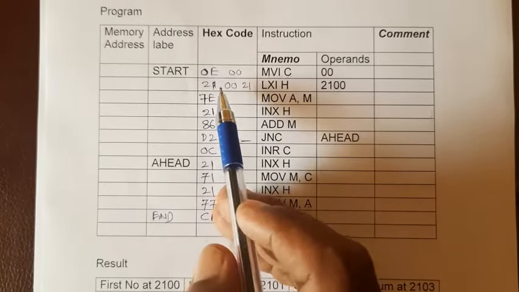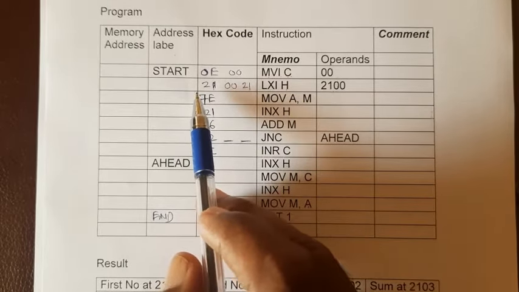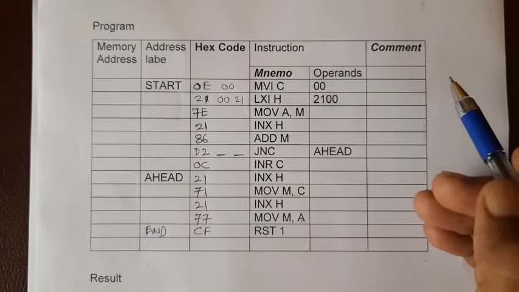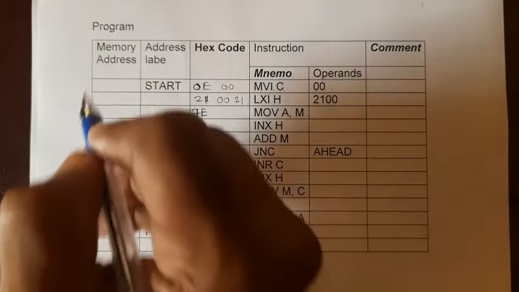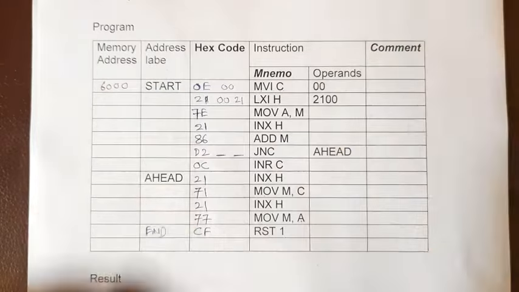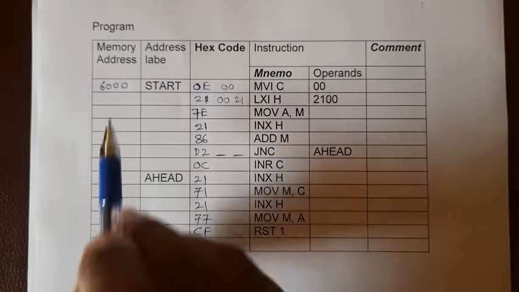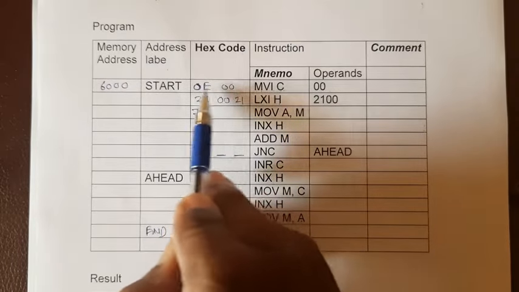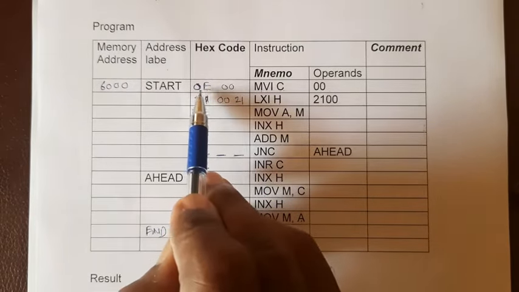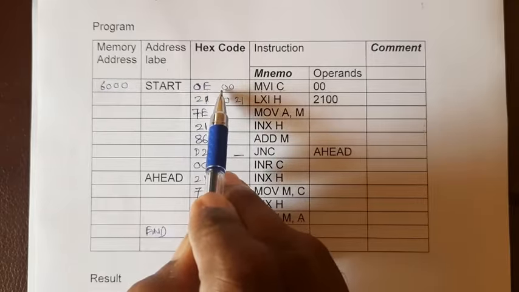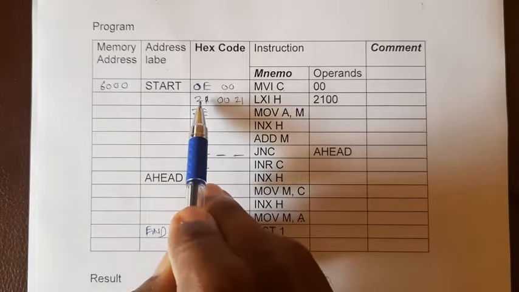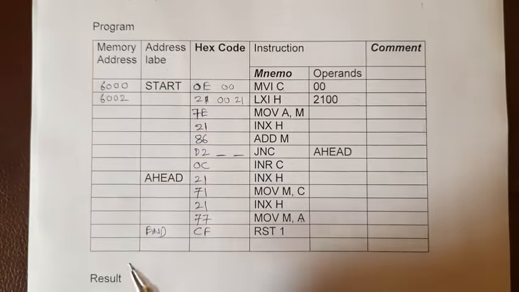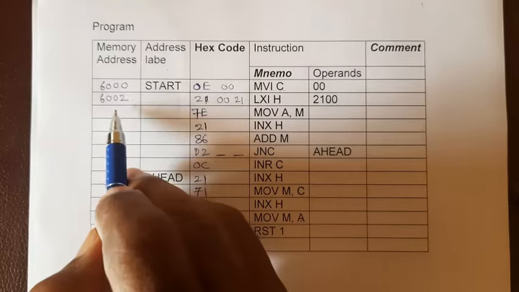Now I will have to assign the memory addresses. As I know, the program can be stored in the battery backup memory from 6000H. I will begin with 6000. At 6000, I will have to load 0E. But the instruction is 2-byte. Therefore, at 00 there will be 0E, at 01 there will be 00. And the next instruction is to begin with 6002. Correct? This is important.